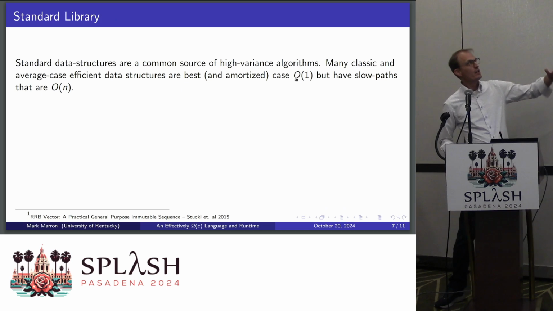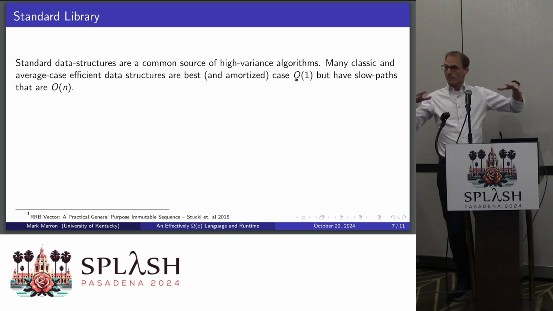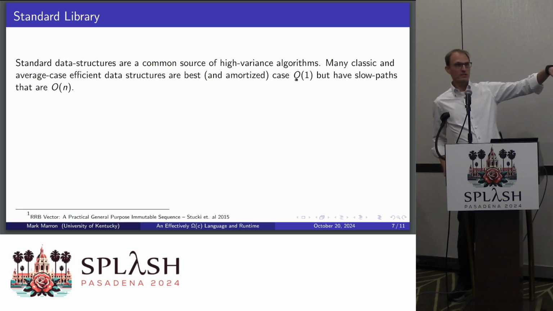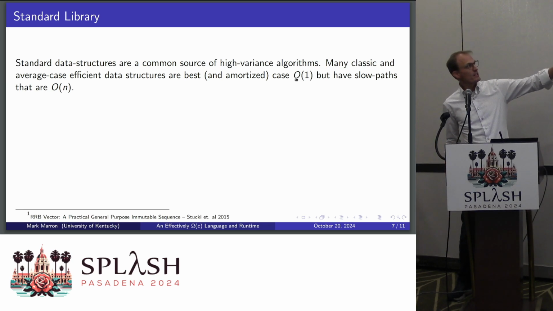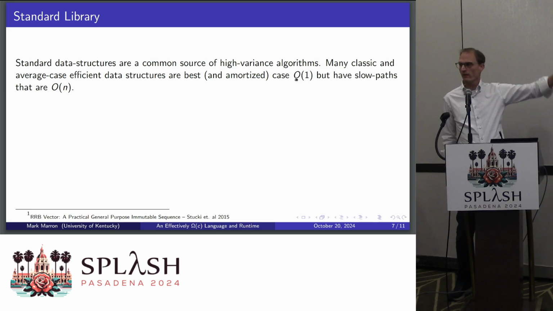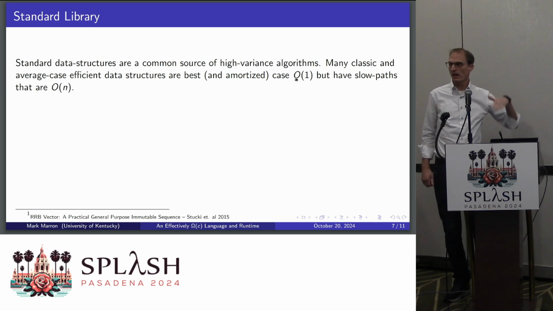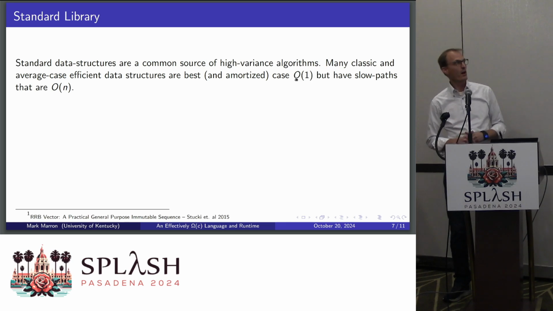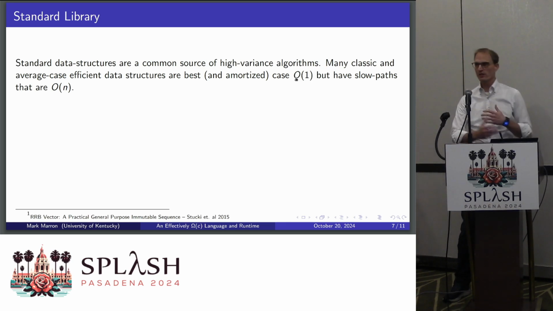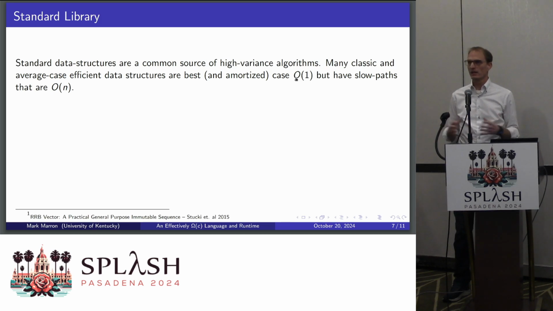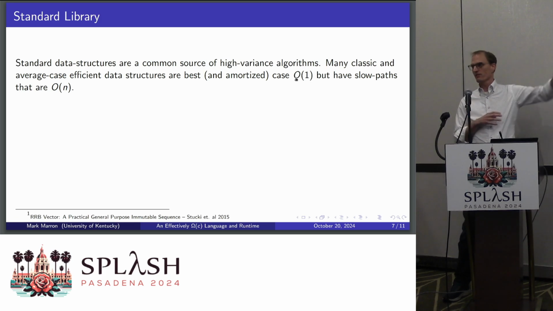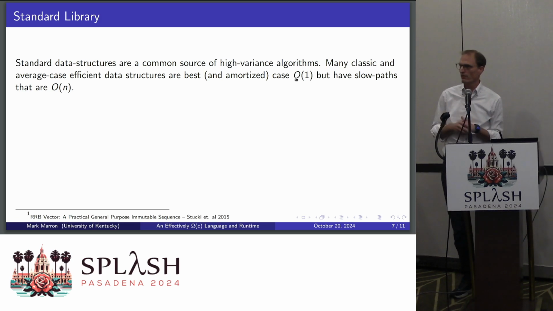But anyway, hopefully that sets up the problem. We make a couple of design decisions here, which I think are nice. The first one is obvious. We want everything to be deterministic, and there are a lot of things in a standard library that are not, right? Usually if you look at your standard map or set, it's built with a hash table. And hash tables are really cool because they give you constant insert and lookup time, and they're all great, and they have a slow case where you have to rehash at O(n) time.